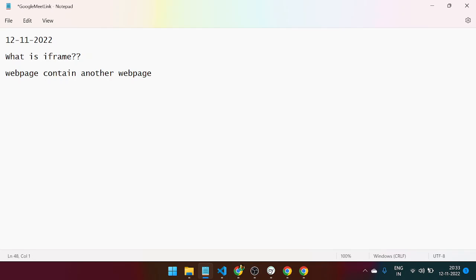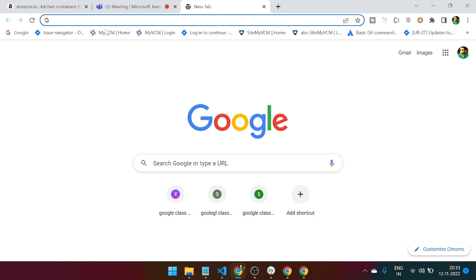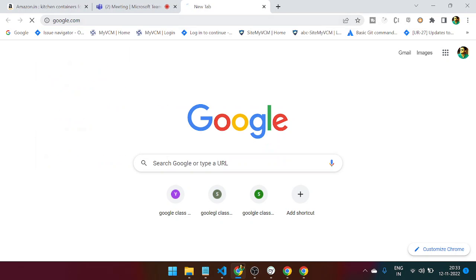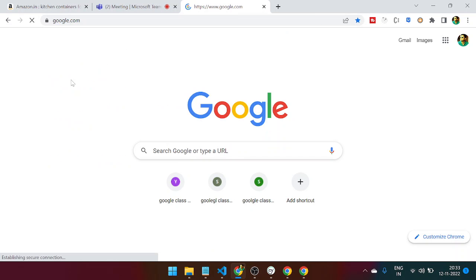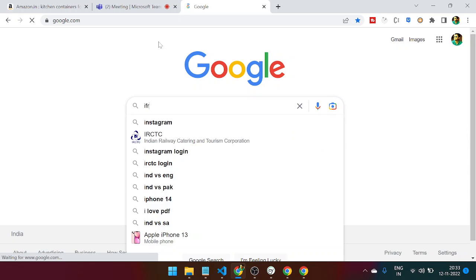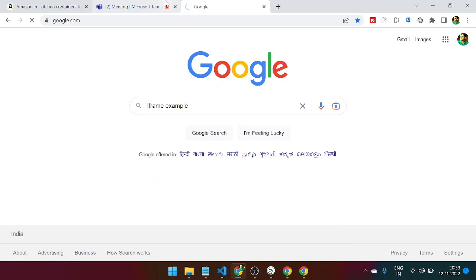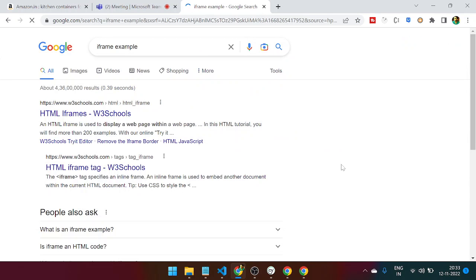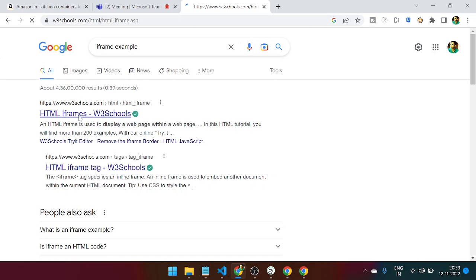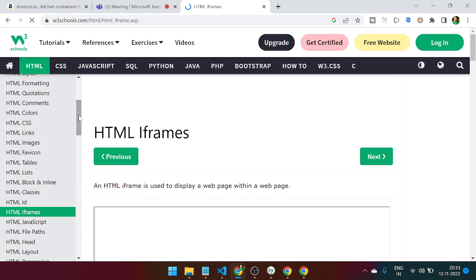Okay. Got it? So if I take the example, suppose I'm searching Google, the iframe example. If I click this iframe example here in Google, so if I go to the W3 HTML site,